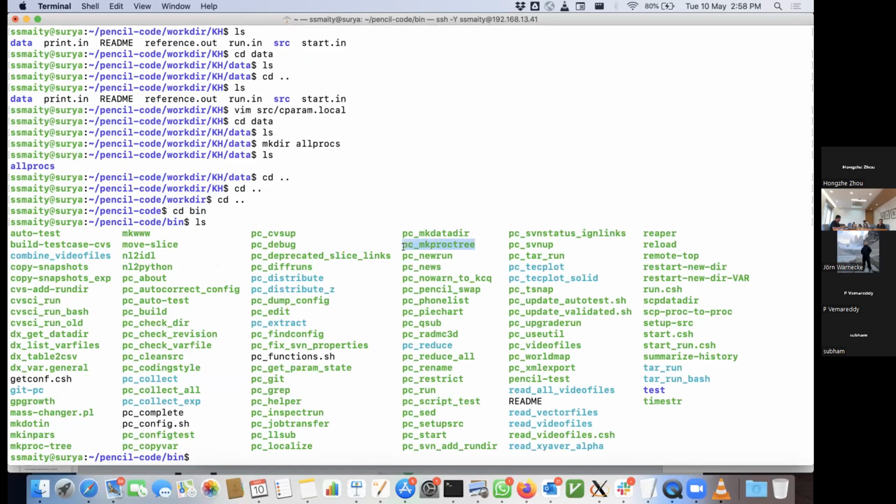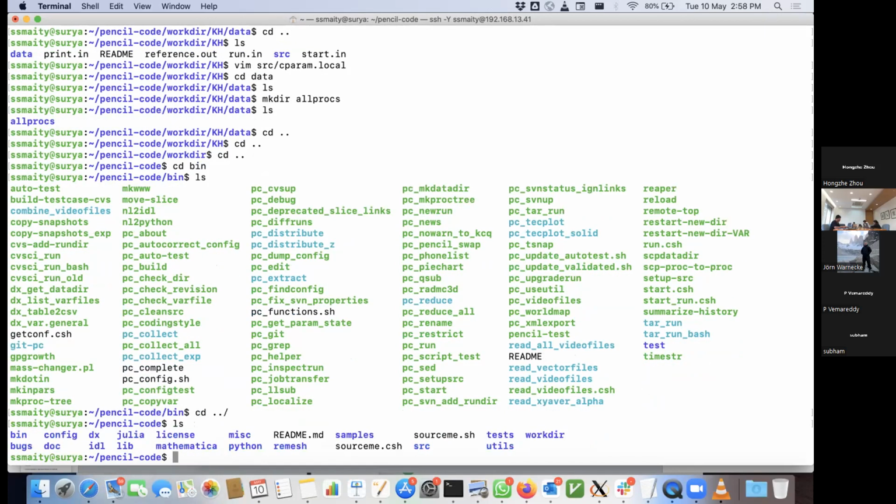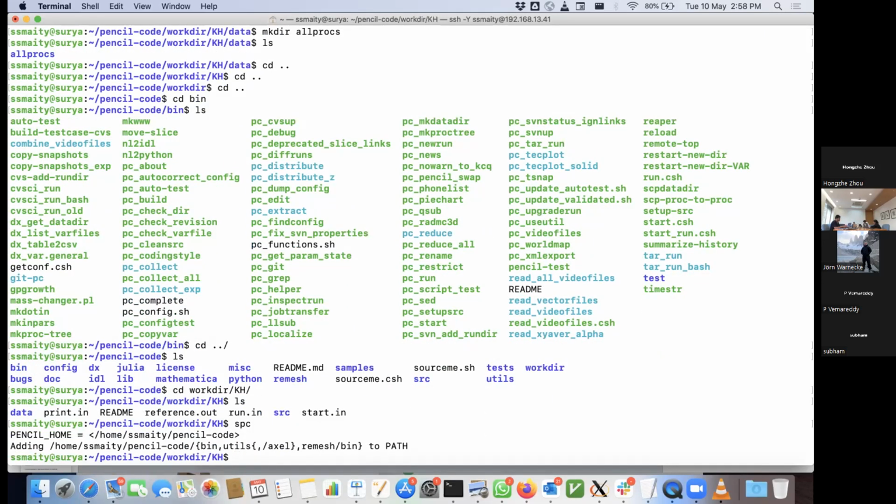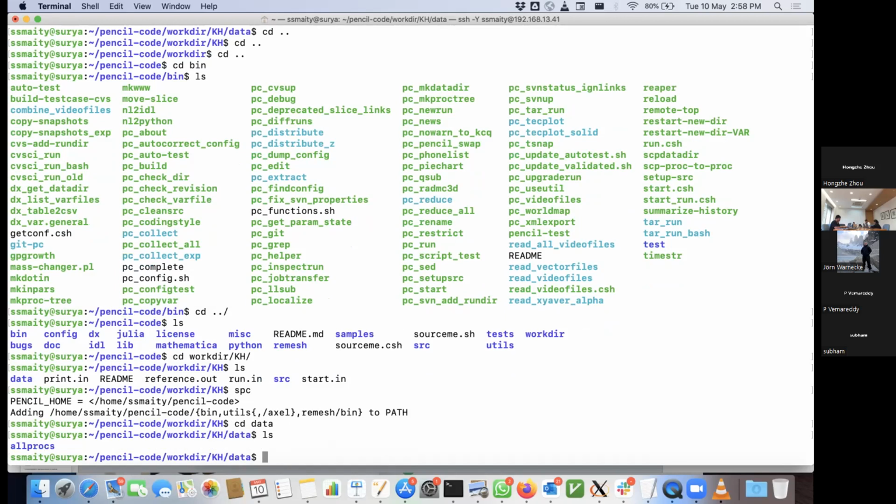This one, PC proc tree. So I will go to this part: cd workdir cage, and I forgot to source my code. Since I use my laptop daily, I made an alias SPC, which actually does the same thing I saw earlier, source me.sh. Now if I go to the data directory and call that command, pc make